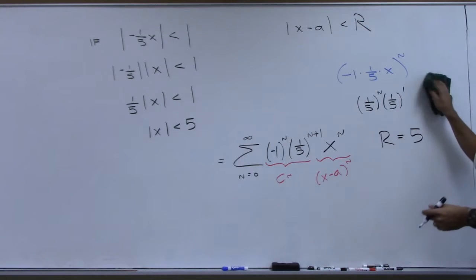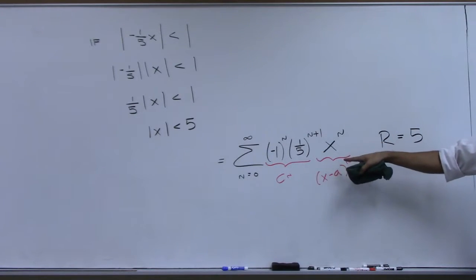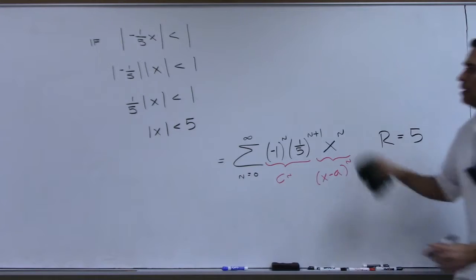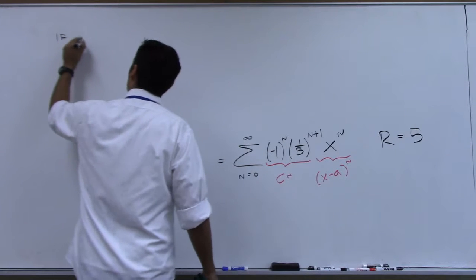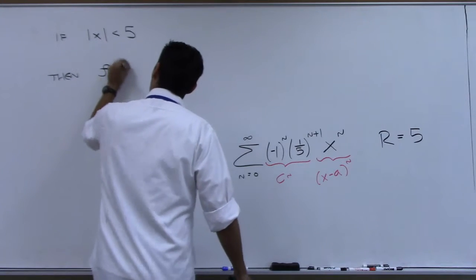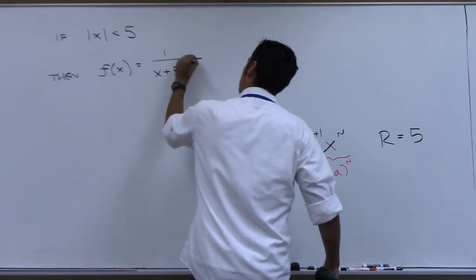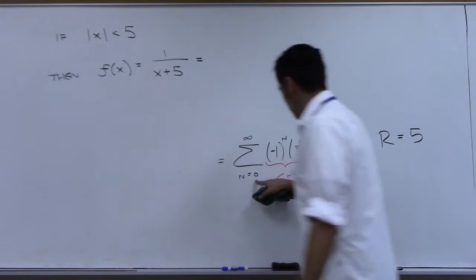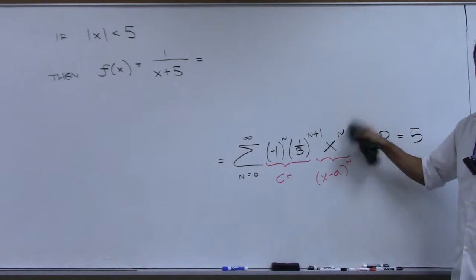Just for the sake of seeing it, what is this power series? Give me the first few terms of this power series. So let n be 0, then 1, then 2, and then 3, and let's just write out what we would get. And let's remember what we're saying too. We're saying if the absolute value of x is less than 5, then the function 1 over x plus 5, that was the original format, right, should be equal to this series, right? So let n be 0, what do we get? -1 to the 0, 1/5, x to the 0, 1. So we get 1/5